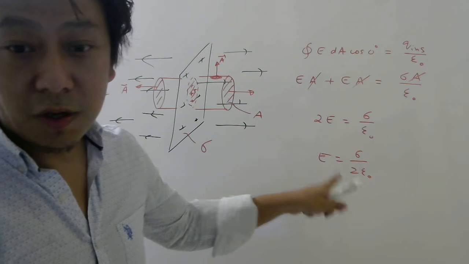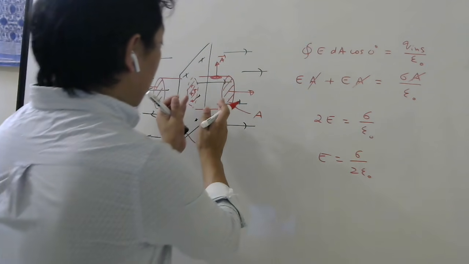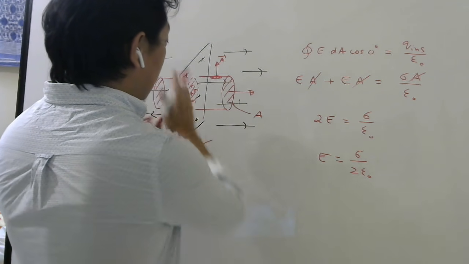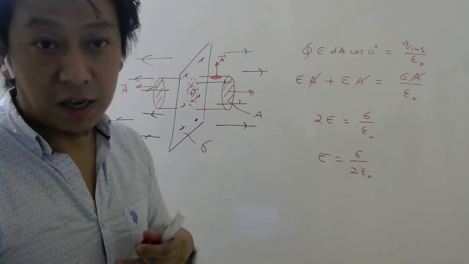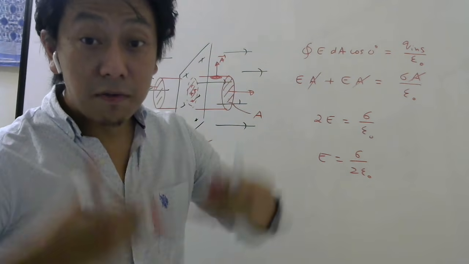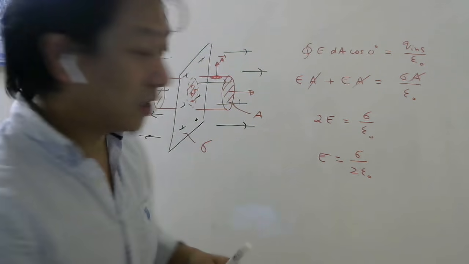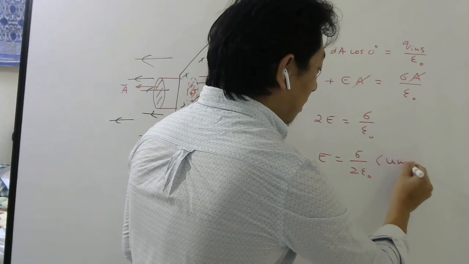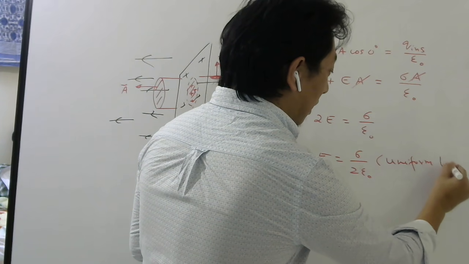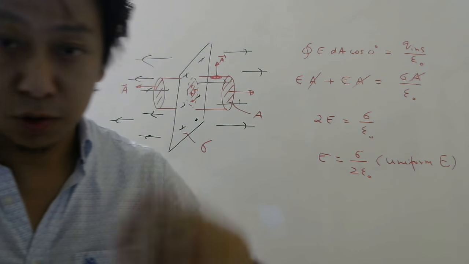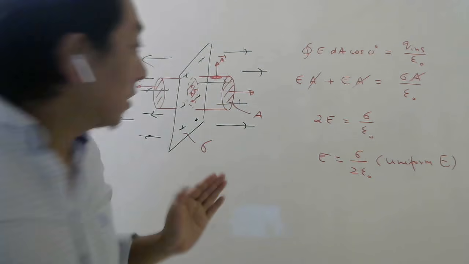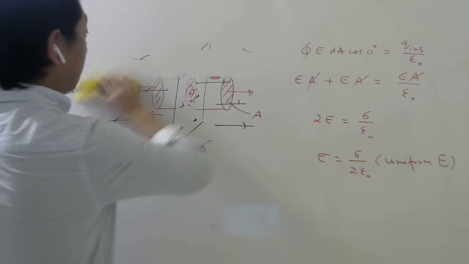And what is the beauty of this formula? It does not depend on how far the point is from the sheet. It is independent of the distance from the sheet, and that is because we have taken an infinite plane sheet of charge. So this is a beautiful example of a uniform electric field. So we have quickly shown how the derivation can be done in a faster way.